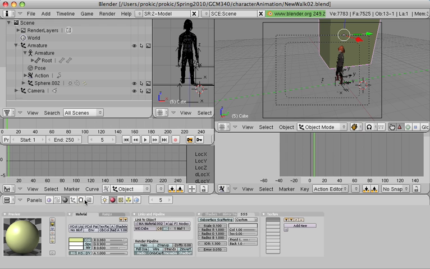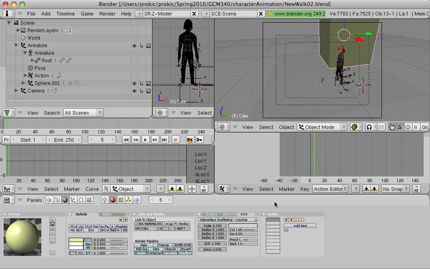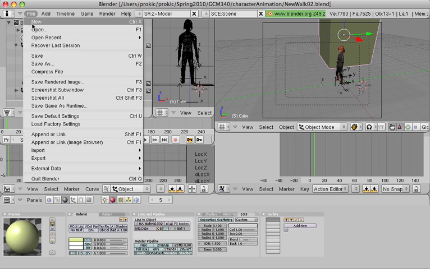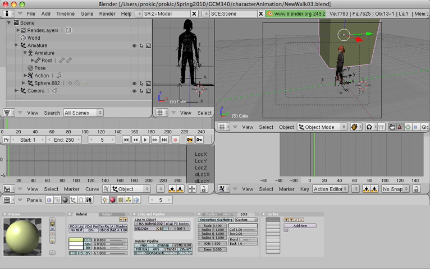So when you're happy, when you know how your walk cycle looks like, everything is good, be sure to save and keep saving your file. So that will be your Blender file. I'm gonna do file save as this one as my new walk 03, and come here to set up the